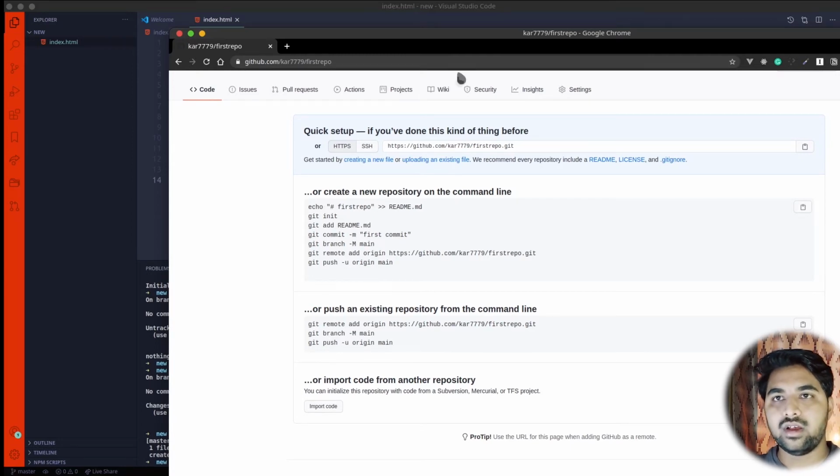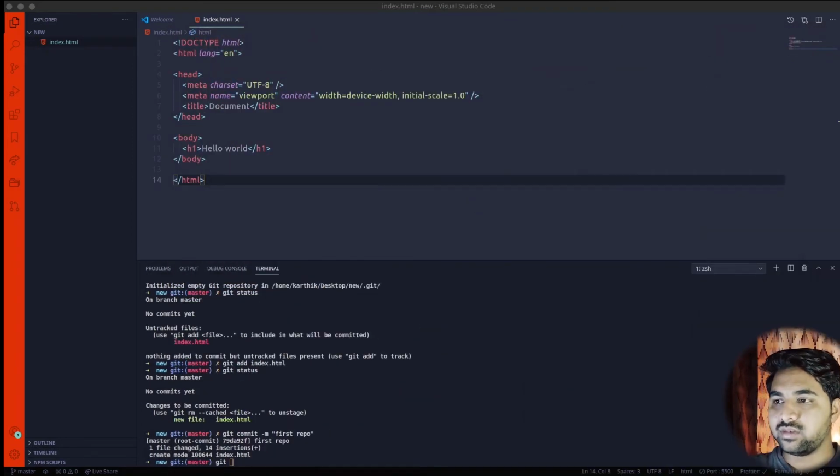I'll create this file in the main branch. I already said that we create our main app in the main branch. Then if you want to add new features to your app, you have to create another branch. If your new features are optimized and useful to the users, then you can merge that branch into the main branch. In this way, GitHub and Git will be very useful to you. Now I'll add into the main branch, git branch main.